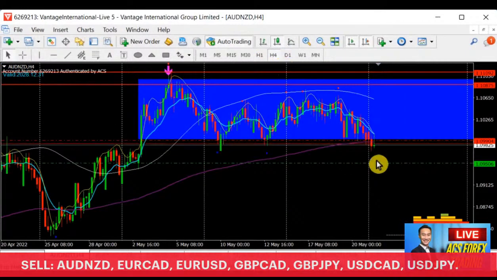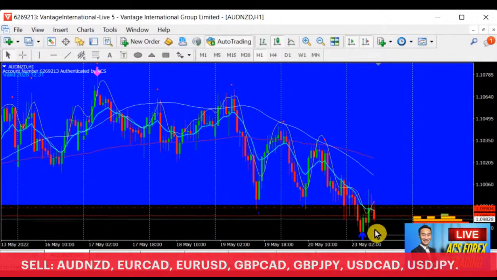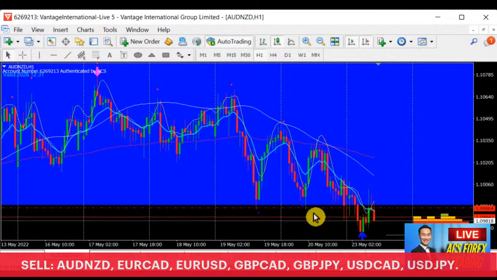As we can see, H4 has tested the resistance. The previous support that became the resistance over here has not broken yet. Tentatively, by looking at this right now, in H1, lower down the time frame into a smaller time frame, we can see that it actually tested with a new selling cycle. And this is what I mean. This is what I always talk about. This is something that I will say is good.